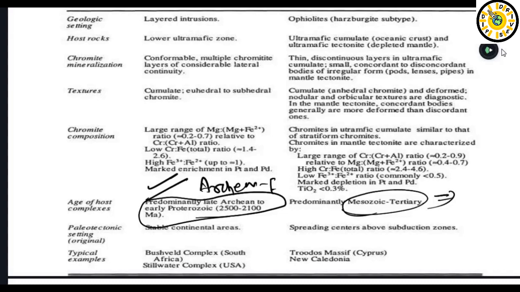If you come to the stratiform deposit, these are the ultramafic complexes, right? In between ultramafic complexes you will find the chromite deposit, stratiform chromite deposit I am talking about. So these normally are found in the stable continental area, right? What do you mean by stable continental area? Can anyone? So cratons, right? These are the stable cratons. So these are always associated with the stable cratonic area. Stratiform deposit. All the cratons belong to the early Archean to early Proterozoic time